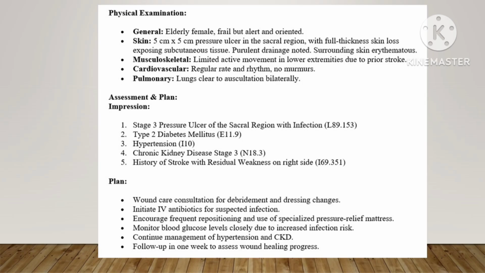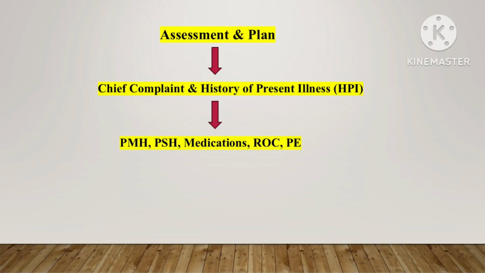Now here is a trick for coding such a format in less time. First, you have to check the assessment and plan section. I am telling you this because we get our final diagnosis, or the primary diagnosis, in this section. After assessment and plan you have to check the chief complaint and HPI. The chief complaint provides the reason for admission, and HPI explains the detailed background of the admission and which diagnosis or symptom is getting more medical attention.